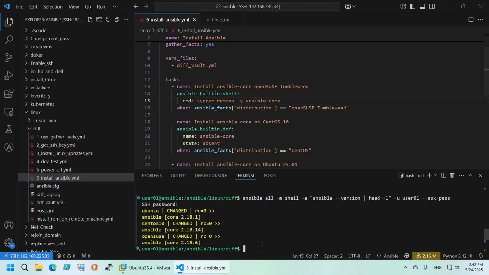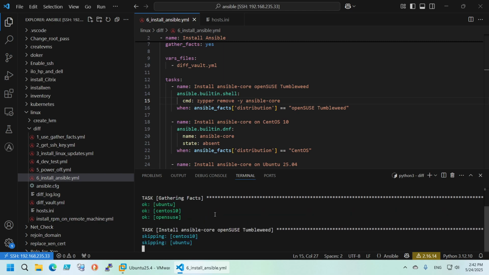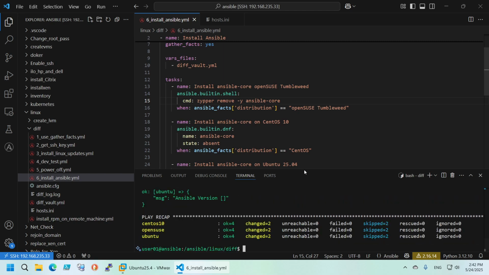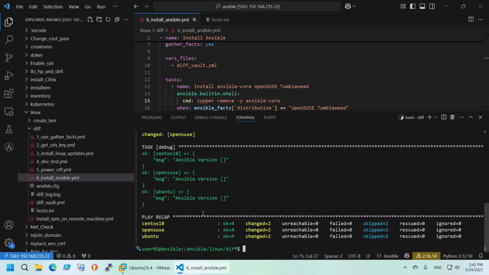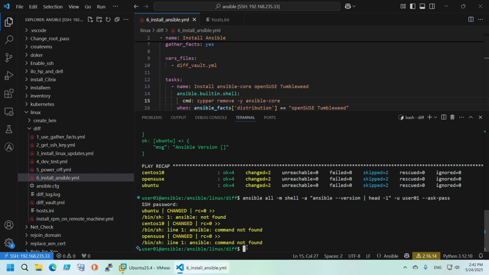Okay, and let's execute the playbook one more time, and this will remove everything we've done. Okay, and we can see that we have no output in the last task. This means that there is no more Ansible installed on